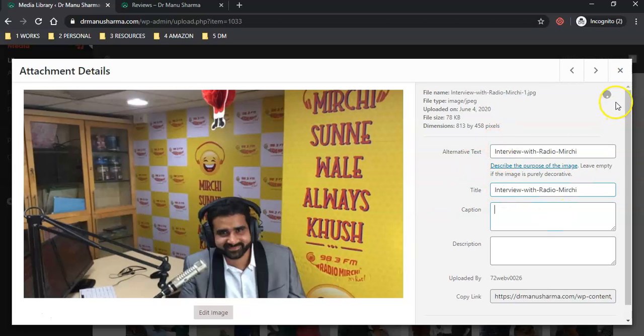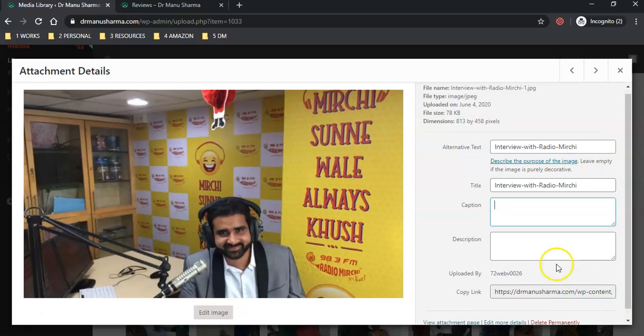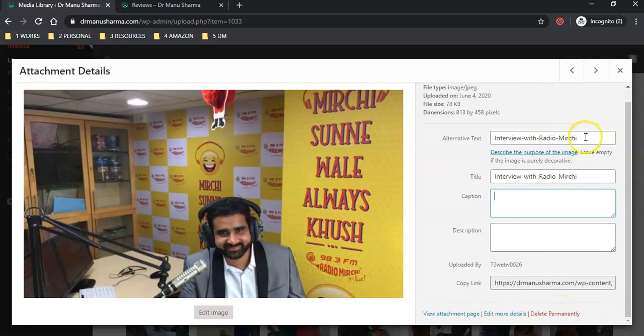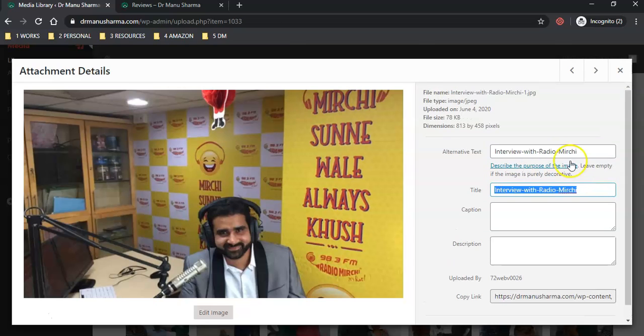It will automatically save, there will be no save button to save the changes you make, because mostly when we upload any image, it has some random file name given, and this random file name is taken by default as the title. So we need to get rid of that random title name,